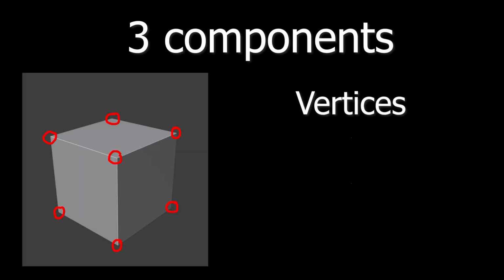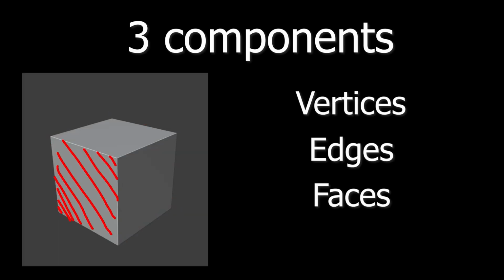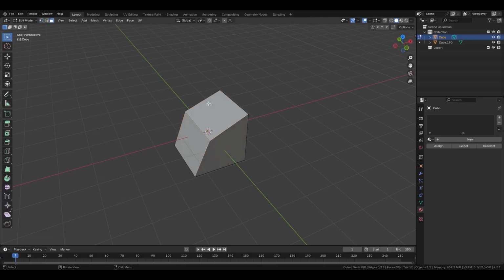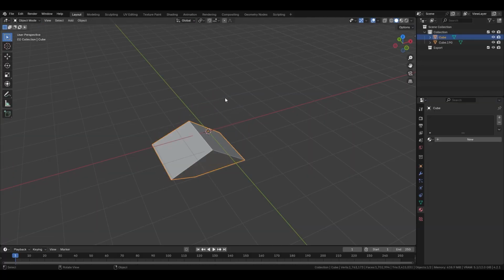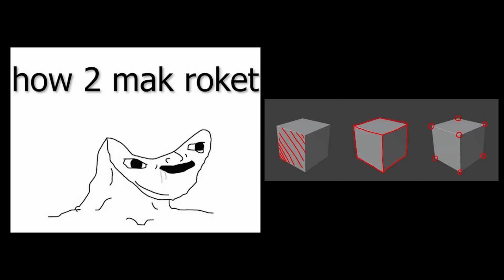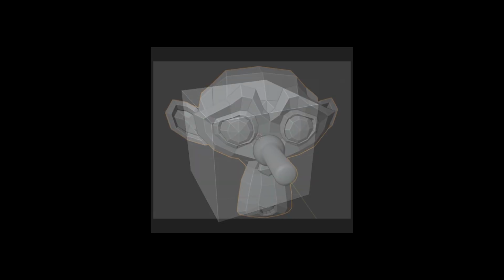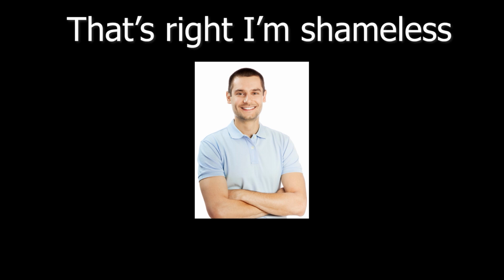Now starting with a mesh, you might be asking yourself, what is a mesh? A mesh is basically a fancy smanchy word for a 3D model. Each mesh is made up of 3 components: the vertices, edges, and faces. Your job as a 3D modeler is to get a primitive shape and move its vertices, edges, and faces around to create a masterpiece. Now of course it's not as simple as literally just moving around the vertices, edges, and faces. There are lots of tips and tricks you can learn to turn these primitive shapes into more complex shapes. If you want to learn how to do that, you should watch my other video talking about the basics of